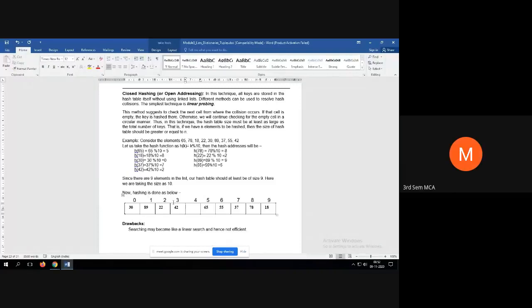See here, in this technique, first we'll try to find out the hash address by using the hash function, that is k mod m. After finding the hash address, we'll see in the hash table if the slot is vacant, and we'll insert the element. If the slot is already filled, then we'll see whether the next cell is vacant. If it is vacant, we'll store it in the next cell. If that is also filled, then we'll see which is the next one that is vacant, and there we'll store the element. This technique is called closed hashing.